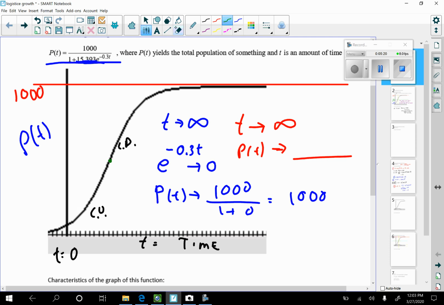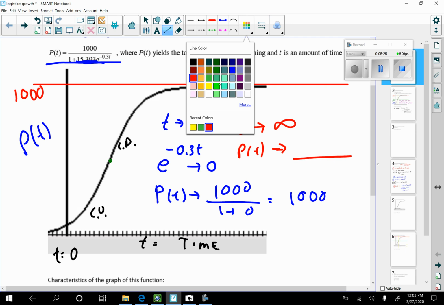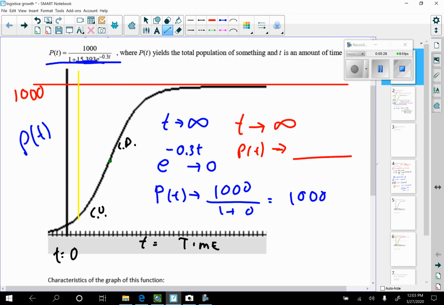So I'm going to just sketch a vertical line. I'm going to sketch that bad boy in yellow. Make sure that it's parallel with the y-axis there. I'm going to grab a hold of that line, hopefully. And I'm going to note that there is a point in that graph where the graph changes from concave up